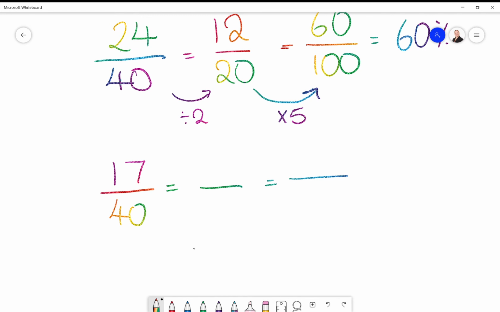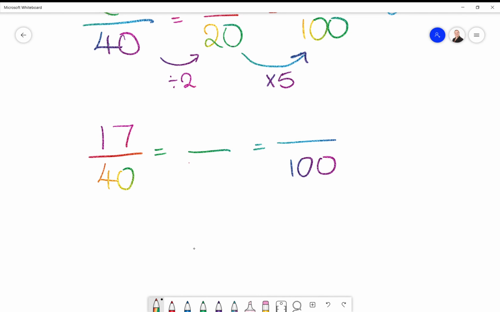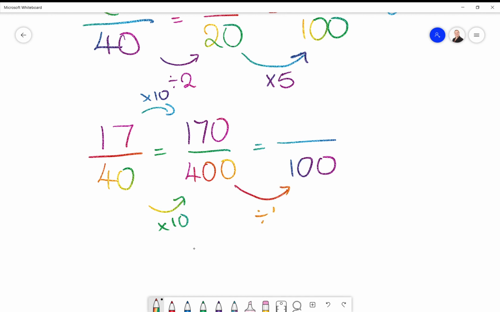What I can do, let's do it this way. I could turn that into 400, couldn't I? Because I could times the top and the bottom by 10. So 17 times 10 is 170. So now what do I do to 400 to turn it into 100? Well, I divide by 4. So now I have to divide